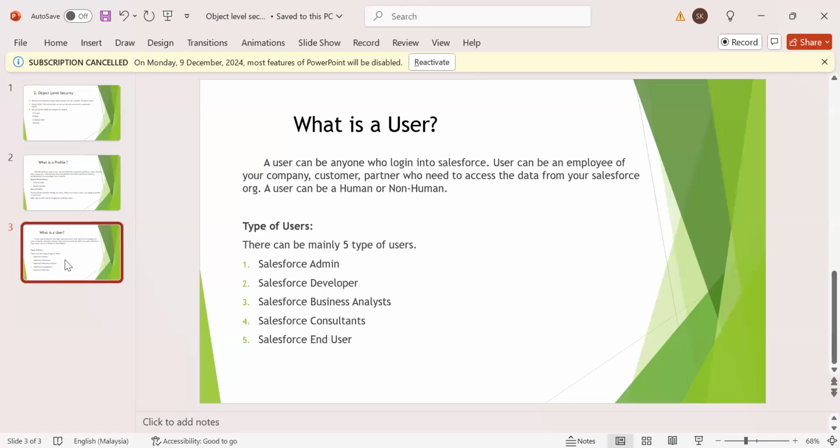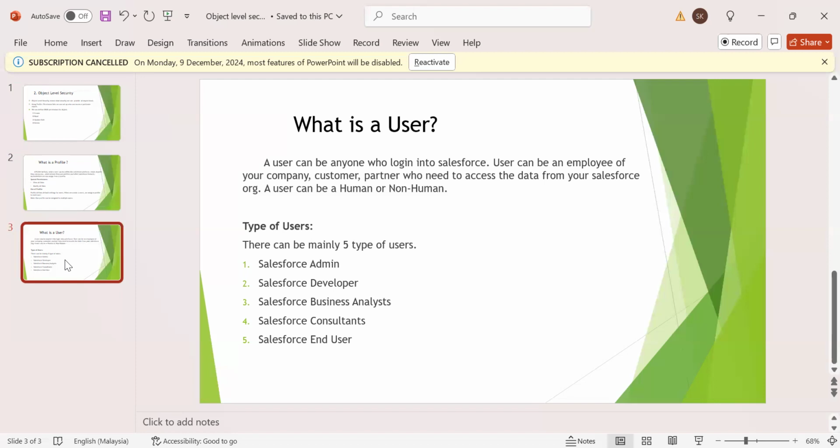A user can be human or non-human. If I am talking about types of users, there can be mainly 5 types: Salesforce admin, Salesforce developer, Salesforce business analyst, Salesforce consultant, and Salesforce end user. Any of these we can say is a user.